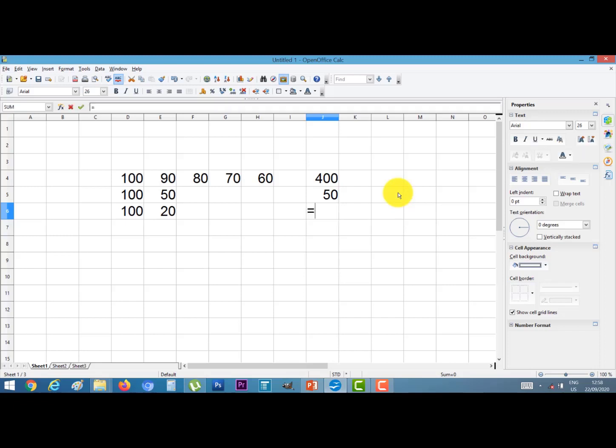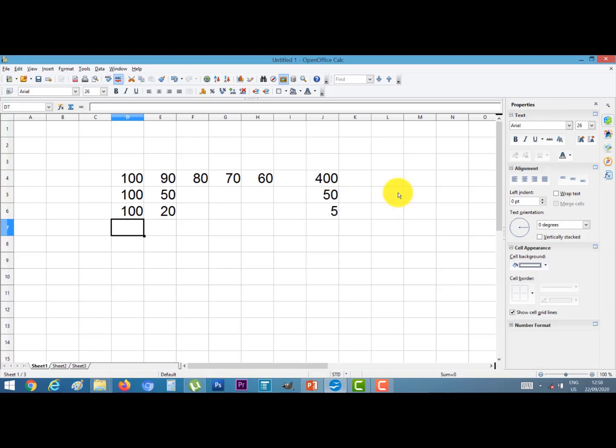So write a formula equal to sum, bracket start, give the cell address like D6 divide by E6, bracket close and press the enter key. Our result is 5.